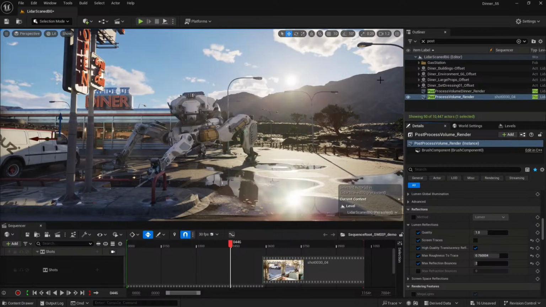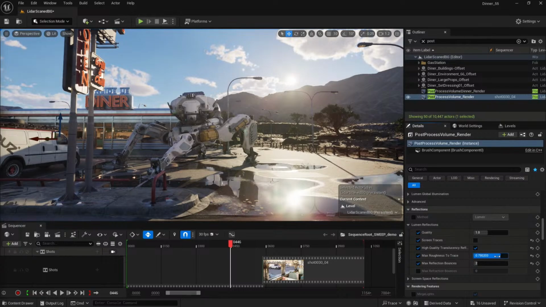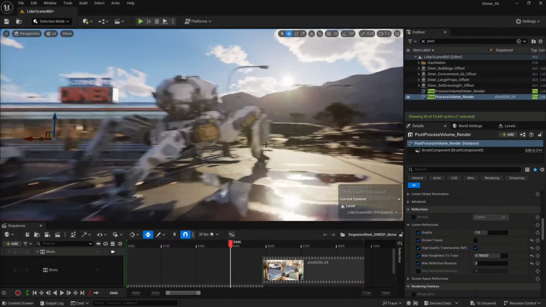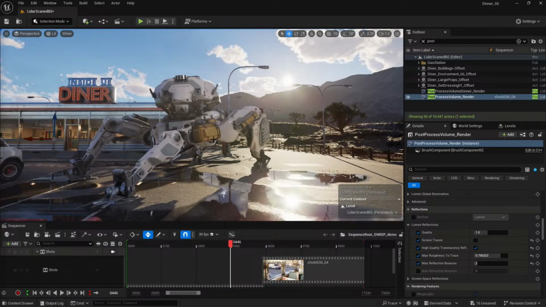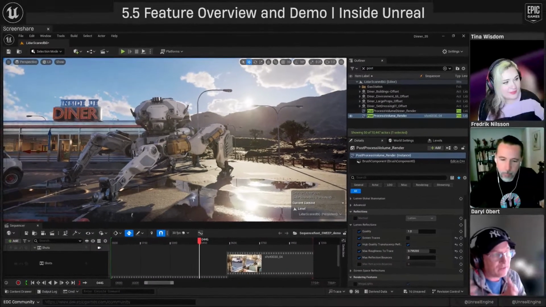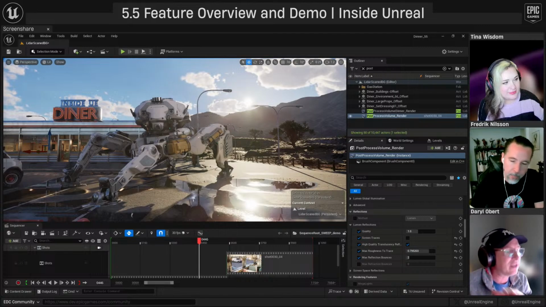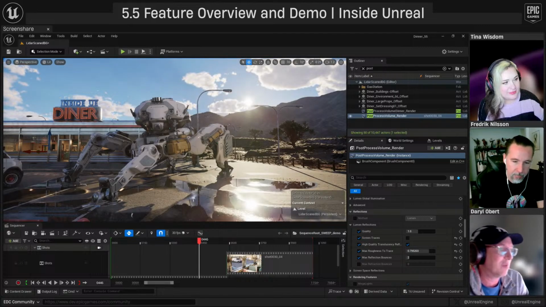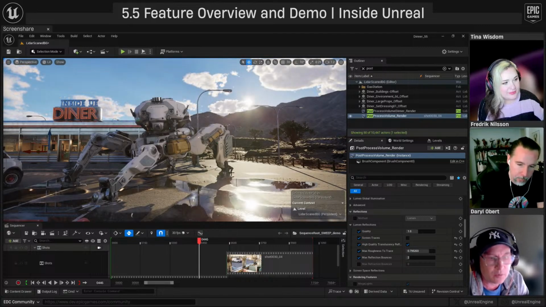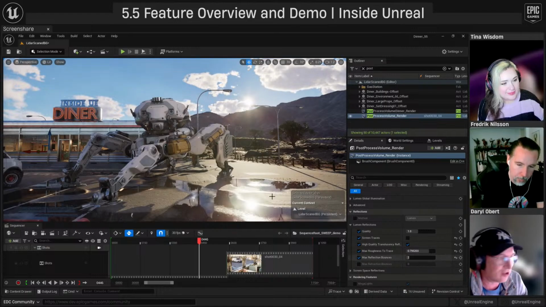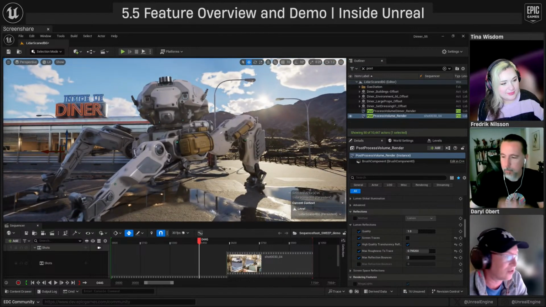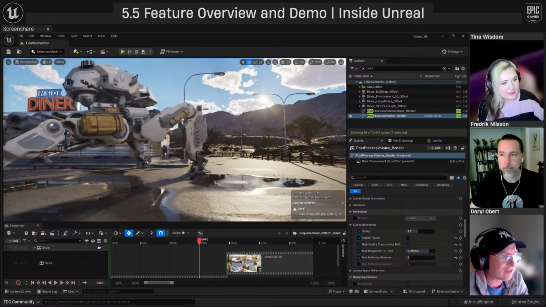Look at this mountain here, where it's not tracing those pixels because they're really rough. But when I increase that value, it brings a little bit more life into the scene, and my performance is still really good. That's facilitated by the algorithmic improvements and the threading improvements that have been made in 5.5, which is super cool. Obviously, I have two bounces on, which really helps with all these little reflection surfaces.